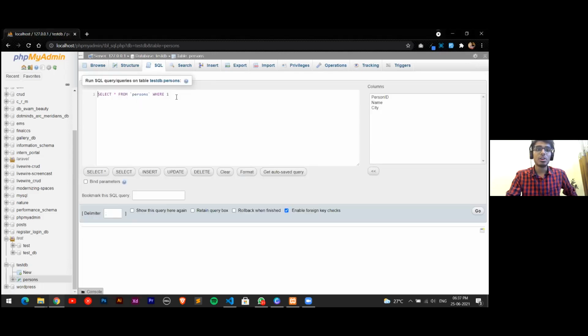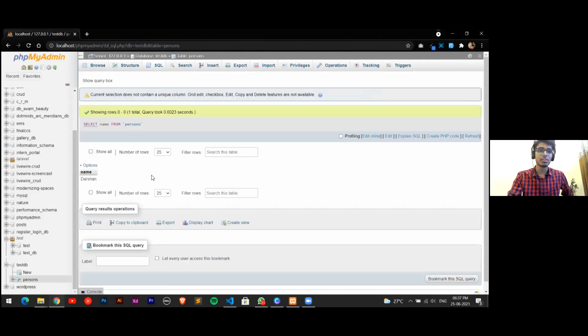And so let's say I want only the name. Okay, I just want the name to be specified. So I'll write SELECT name FROM persons table. Okay, what will happen over here is all the data from the name column will be visible over here. No specific data will be visible. All the data from the name column will be visible. So if I just click on go over here, you will see the name column is displayed. As I have only a single entry over here, only one entry is shown, but all of them would be visible.